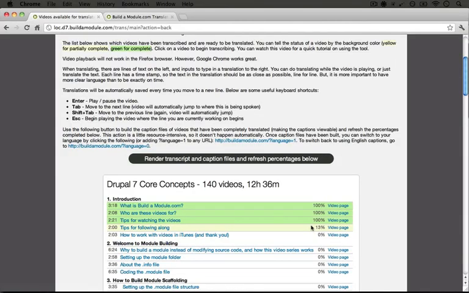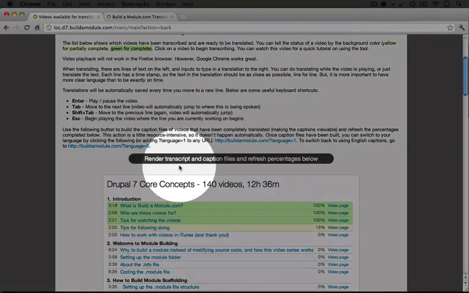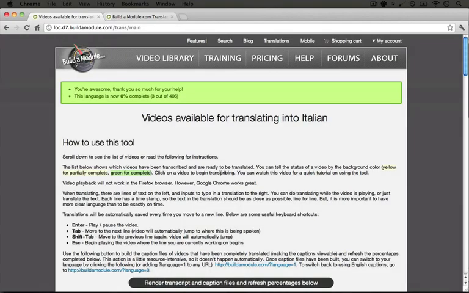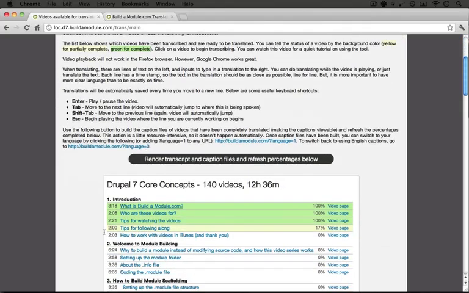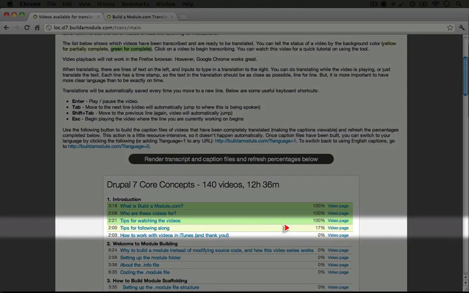But when you're ready to see your progress, and you're ready to render your translations into transcripts that will be used on the site, you can click this button here, and it will complete that process for you. Notice when it's done that you'll see how much of your language is completed. Right now it's 0% complete. That's because we only have 3 out of the 406 videos translated so far. And if we scroll down and look at our video, you see that the percentage here has changed from 13